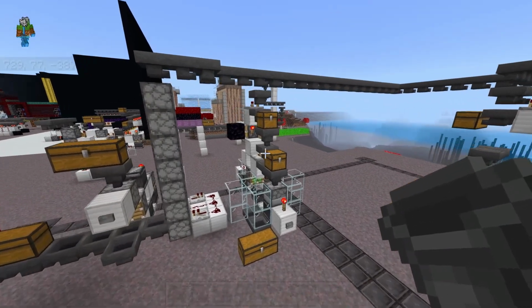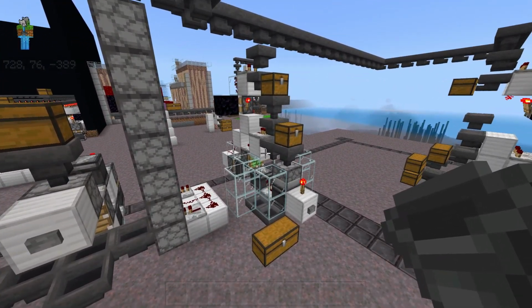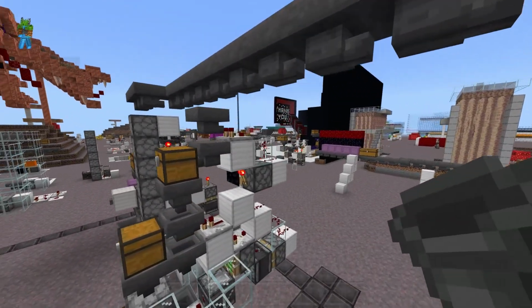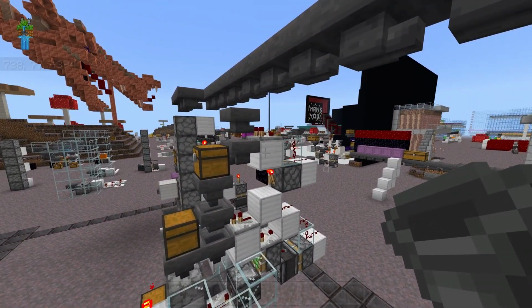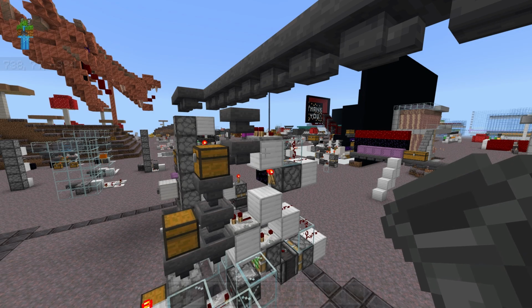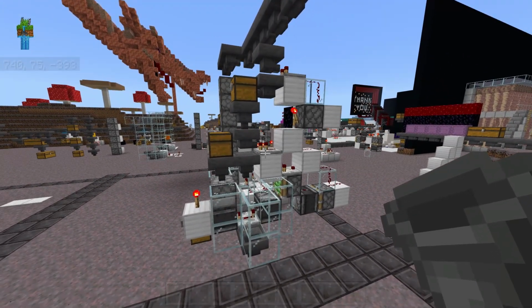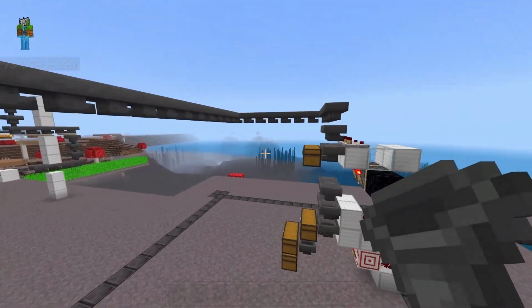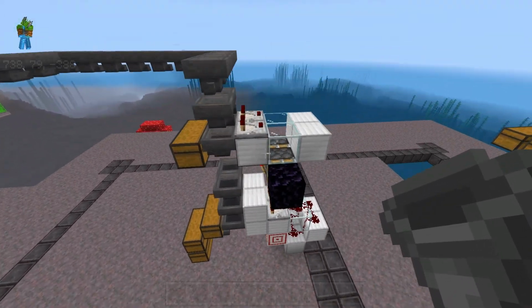Now, as for shulker loaders, again, I recommend building these at the beginning of the machine because they are going to be a custom height, and they're going to need to have an item sorter on top of them to dictate what item is being loaded into shulker boxes. Plus, these items are probably going to be fairly common, so it's nice to take those out of the system as quickly as possible. And then build your standard item sorter cells somewhere in the middle.